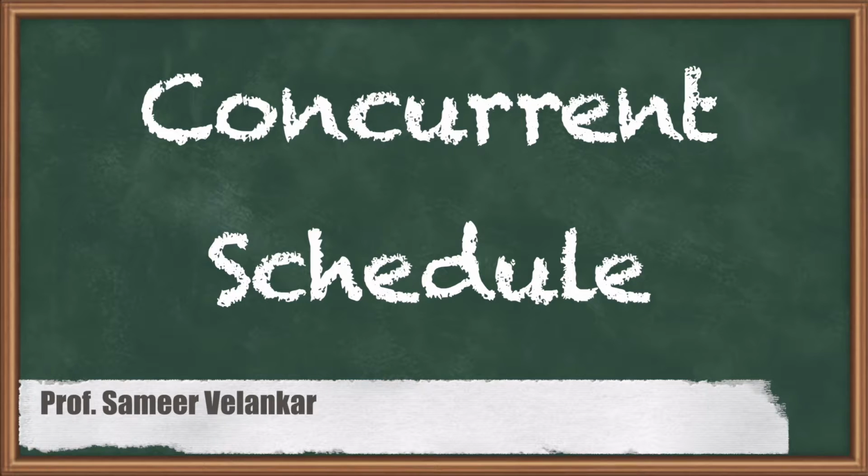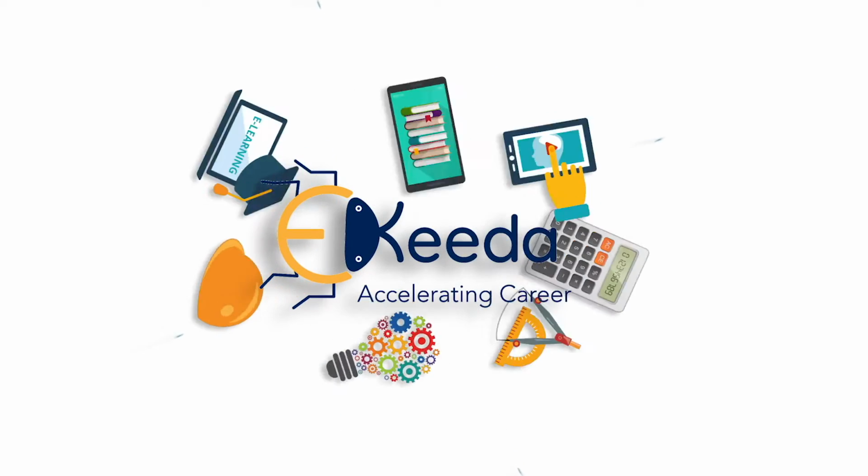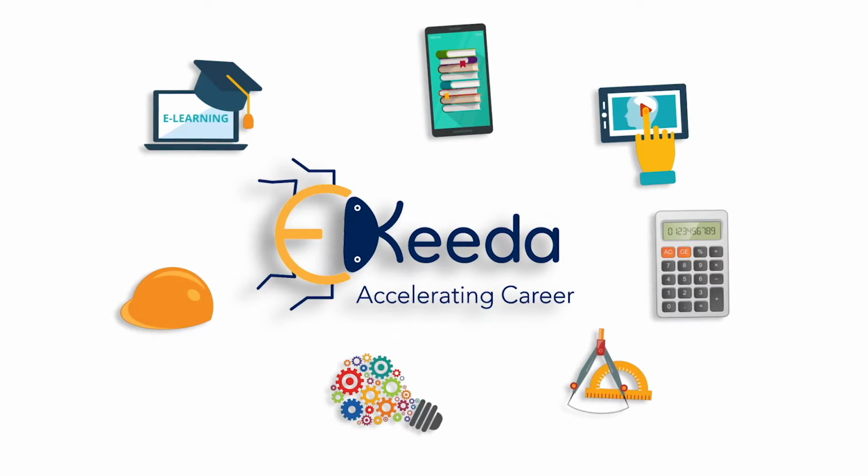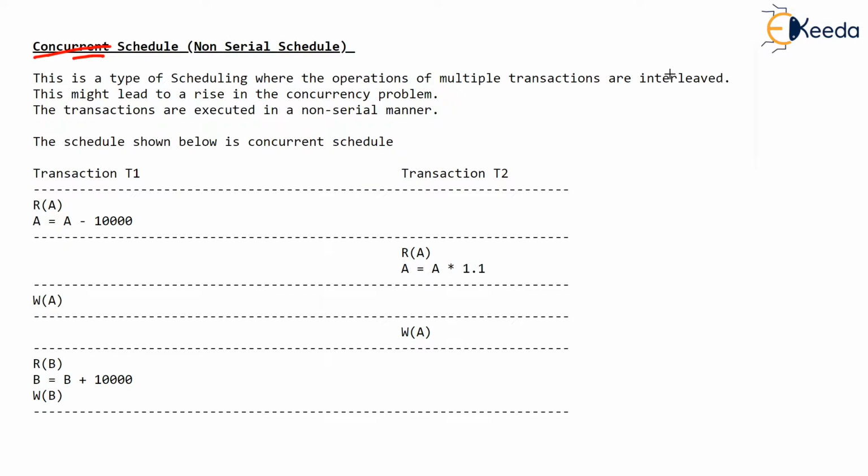Now in the previous video we saw what you mean by schedule and what is the meaning of serial schedule. In this video we will learn another type of schedule called concurrent schedule. In fact, this entire chapter is revolving around this term concurrent schedule because, as I told you in the earlier video, although serial schedules give us the correct result, we don't want the schedules to be serial because we want to use the resources to the optimum.